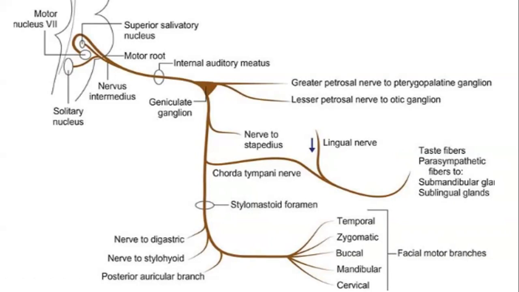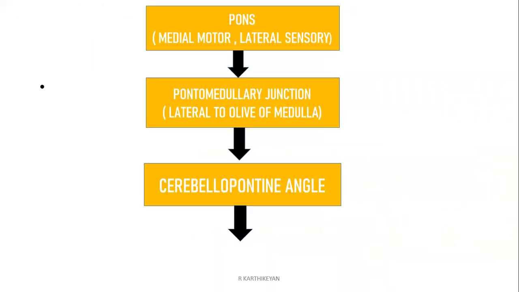And it is going to have one more bend in your middle ear cavity, that is called the genu. If you are not going to mention the genu, it is fine, because in the picture also it is not given that clearly, but this bend is very important. The first bend is going to be at the geniculate ganglion. So this is what you must know.